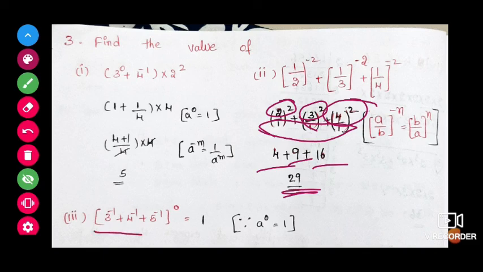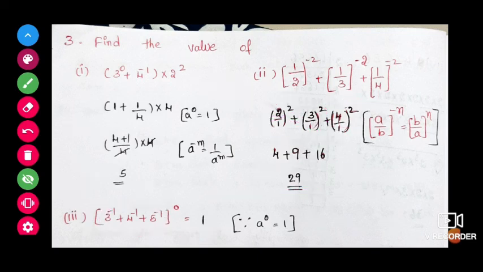Here, 3 to the power minus 1, 4 to the power minus 1, 5 to the power minus 1, whole to the power 0. As I told you already, no need to evaluate this, children, because whole to the power 0 it is there. So, automatically we can take it as a 1. Anything, whole power, if it is there 0, we can take it as a 1. That's it.